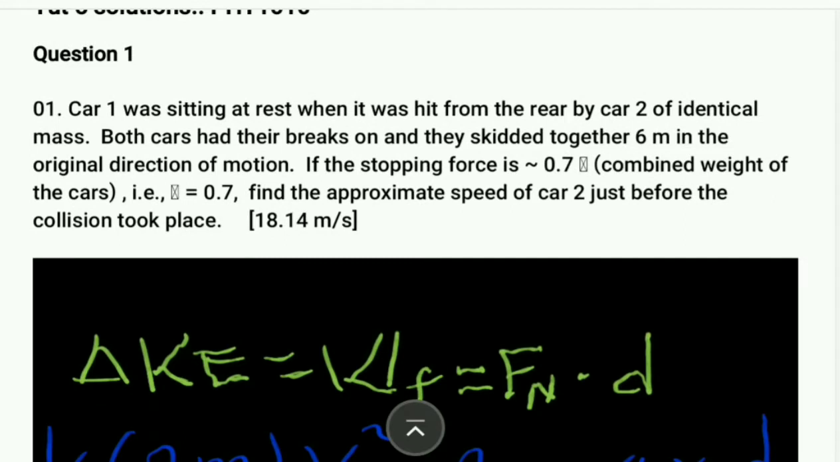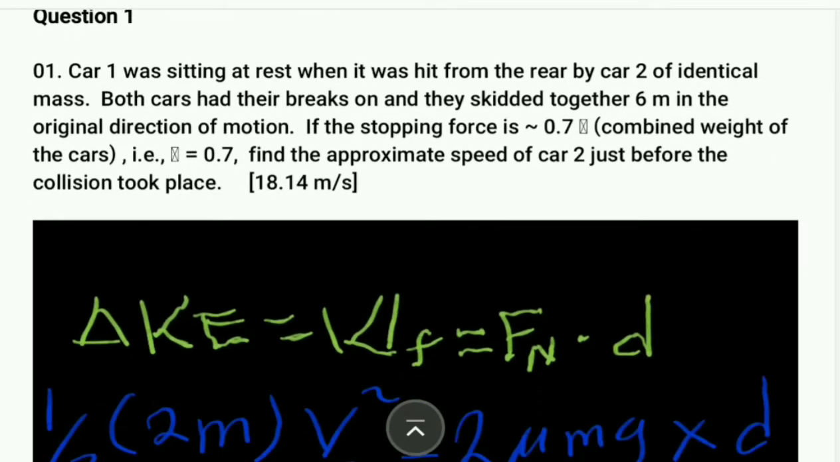Yeah, so we're being told that the stopping force is going to be 0.7 times the combined weight of the cars. Okay, so that 0.7 is basically mu. So here, as you can see,